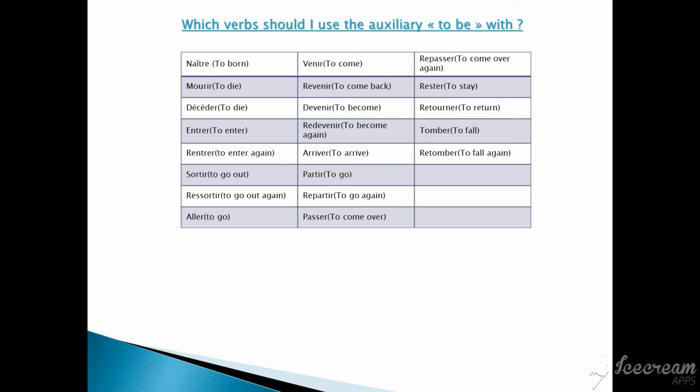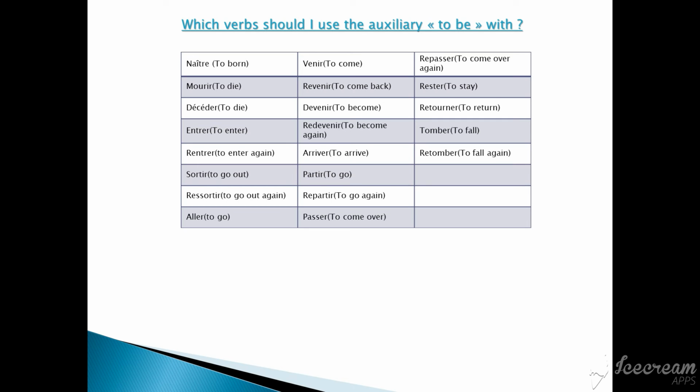So we have the verb naître, which means to be born, mourir, which means to die, décéder, which means also to die, entrer, which means to enter, rentrer, which means to enter again, sortir, which means to go out, ressortir, which means to go out again, aller, which means to go, venir, which means to come, revenir, which means to come back,